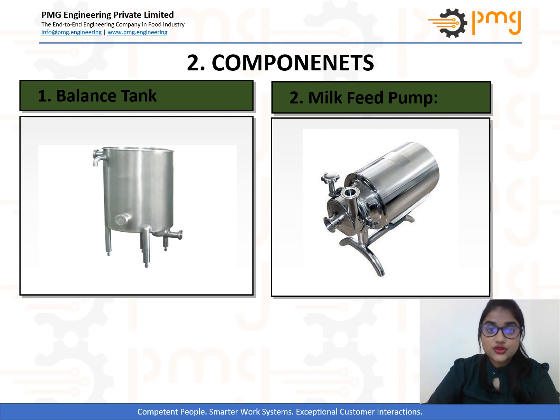An HTST pasteurization system is basically a modular unit which consists of the following parts. Number 1, balance tank, which is also known as the constant level tank, that provides a constant supply of milk. It should be made of SS304 and is equipped with a float valve assembly which ensures uniform head pressure on the product leaving the tank. Then the next component of the HTST pasteurization system is the milk feed pump, which creates the suitable pressure that is necessary for efficient flow of the liquid milk product.